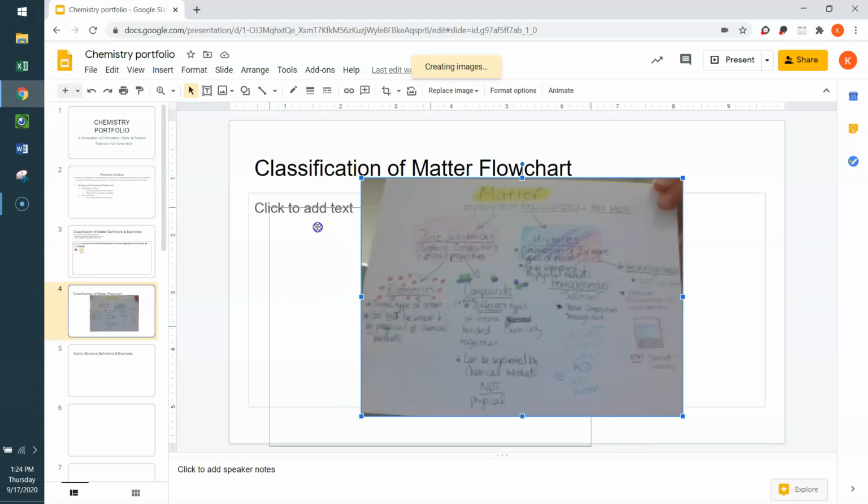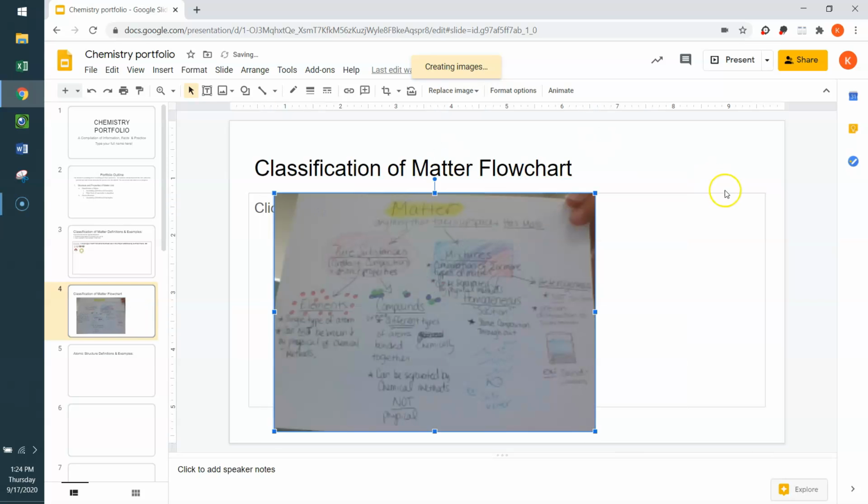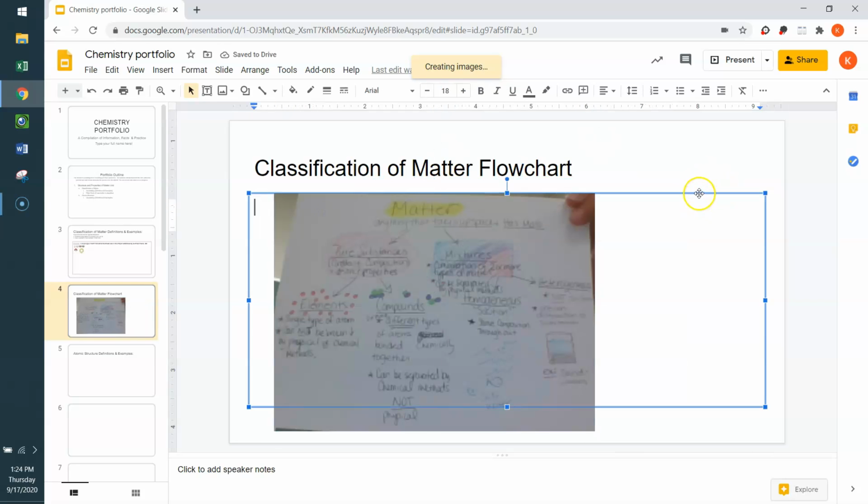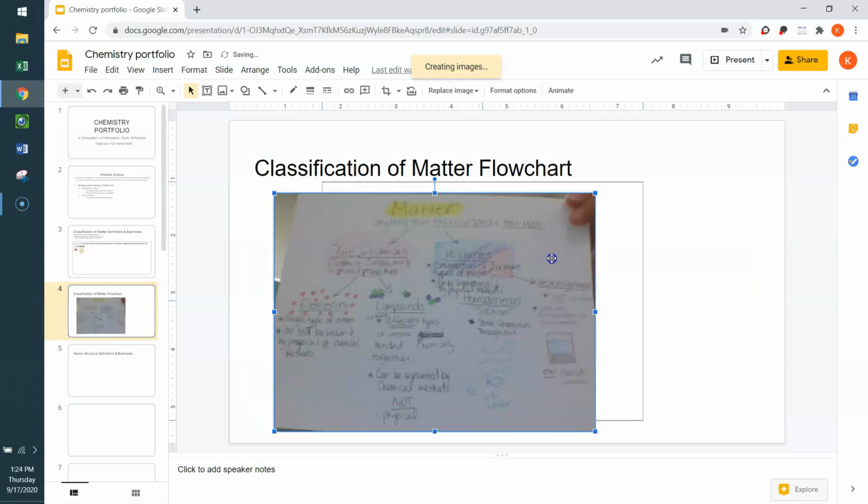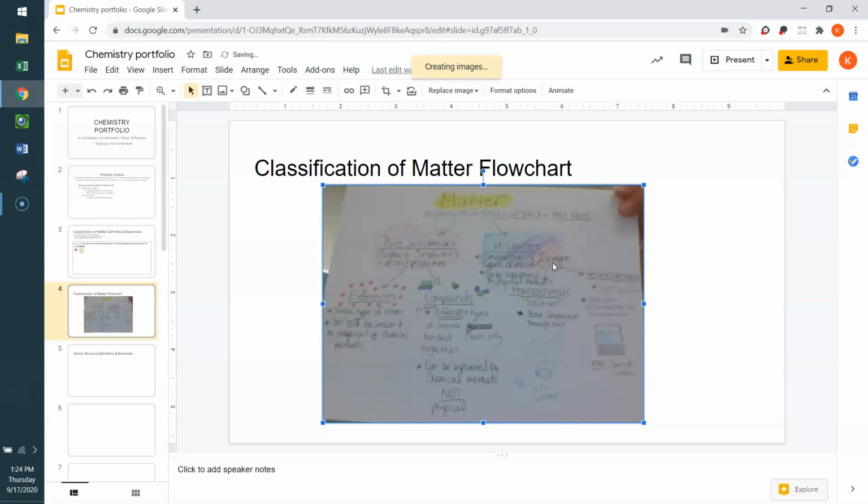Okay, and now I can drag this anywhere I really want. If I don't like the fact that this text box stays here, I click on the outside and hit delete, and now it's just my photo, and bang, my classification of matter flow chart. Woo! Okay, if you want to use your phone, which typically takes much higher quality photos,